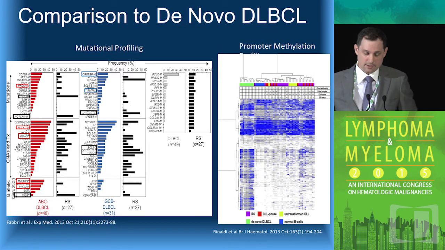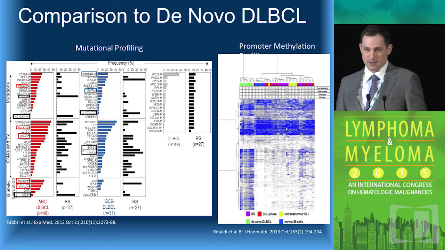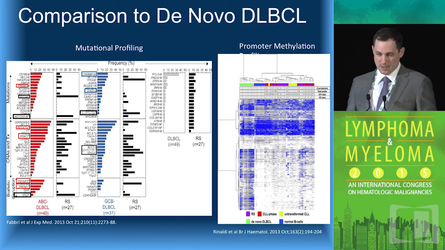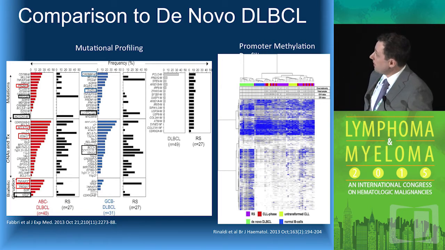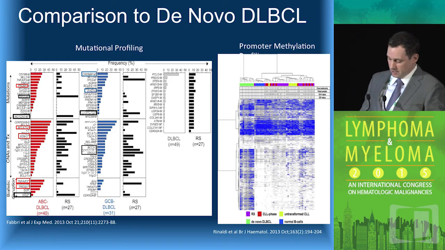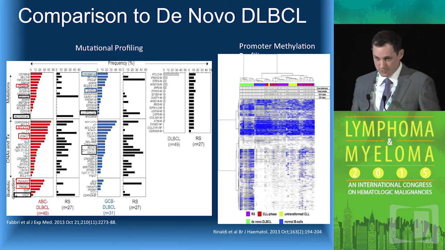Moving on, when you look at comparison to de novo DLBCL, we also see very stark differences in terms of mutational profiles, chromosomal abnormalities, and epigenetics. Importantly, in ABC subtypes, and now these Richters were all clonally related. In the initial study that did the paired studies, there were about 12 or so. So these 12 clonally related were also included with a subsequent subset of outside Richter syndrome samples.